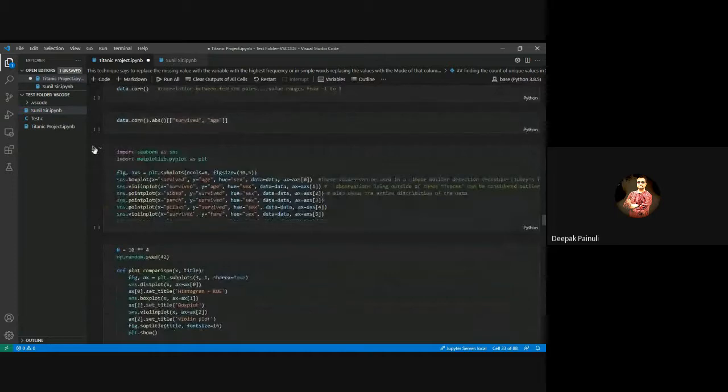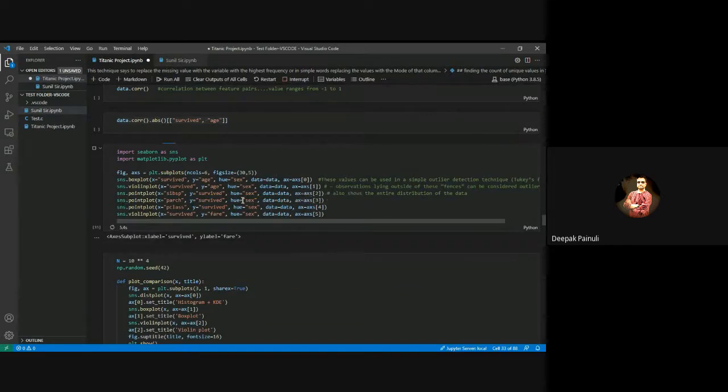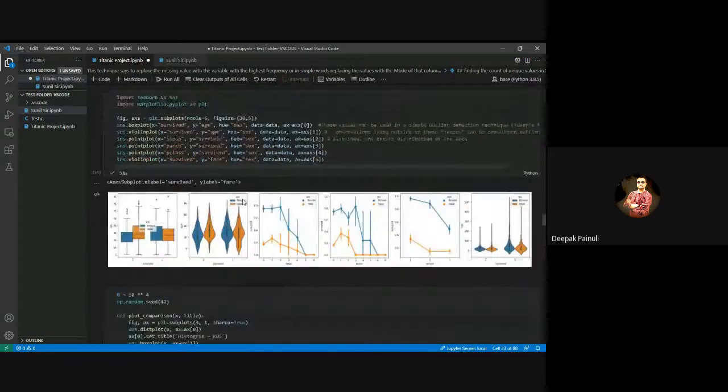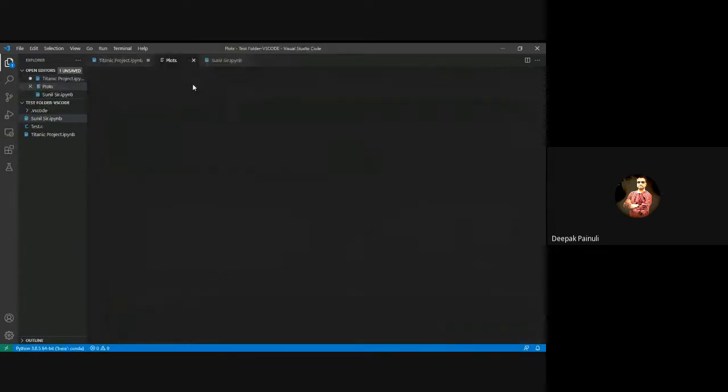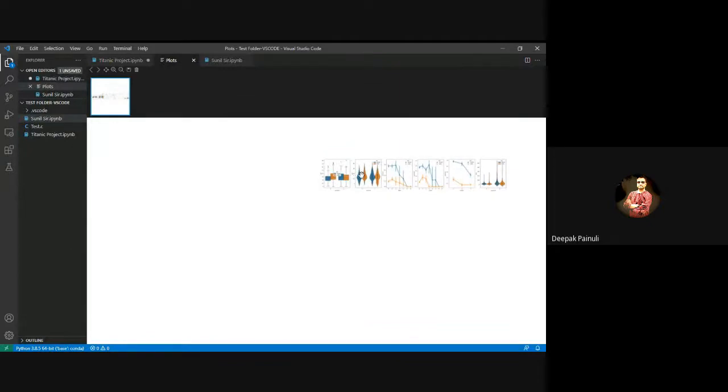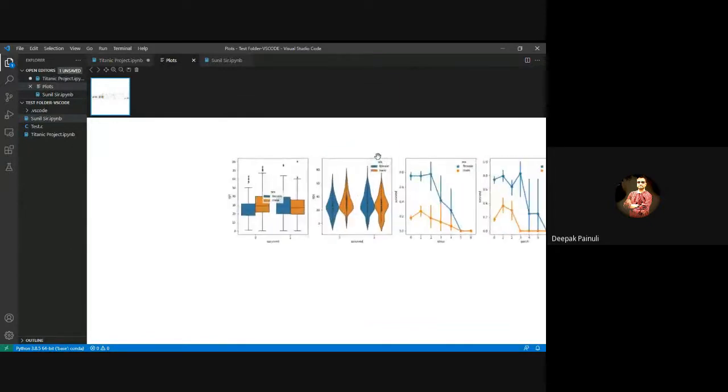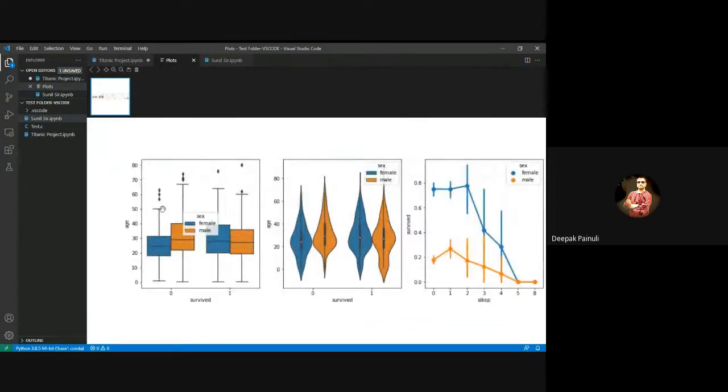Next we are talking about plotting. Let's plot some data using different plots. In these plots, the important ones are the box plot and the violin plot. Actually, both are the same, but there is a little difference. In the box plot, the middle line represents the median value of this feature.